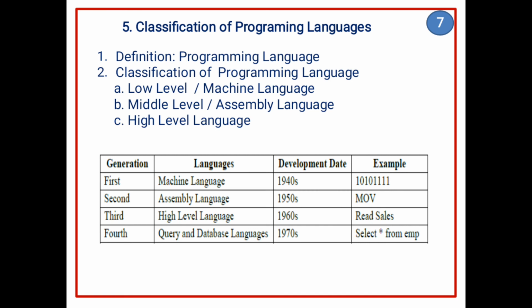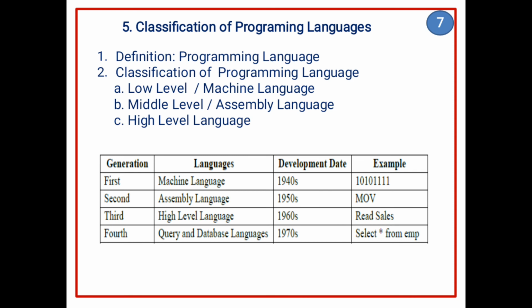Now the next topic is programming languages evolution. Simply we define a programming language as the language through which a user can communicate with the computer by writing program instructions. Every computer programming language contains a set of predefined words and a set of rules, that is syntax, that are used to create instructions of a program. The computer programming languages are classified as number one, low level language, second, middle level language, and third, high level language. Now all these languages we discuss one by one in detail.